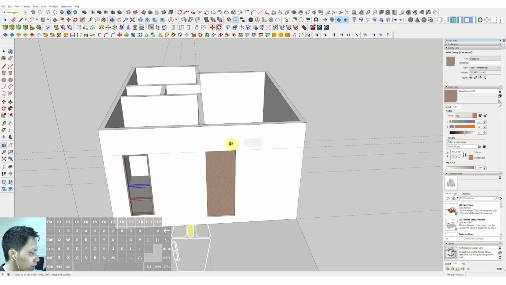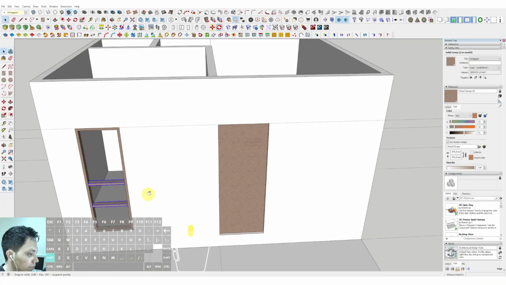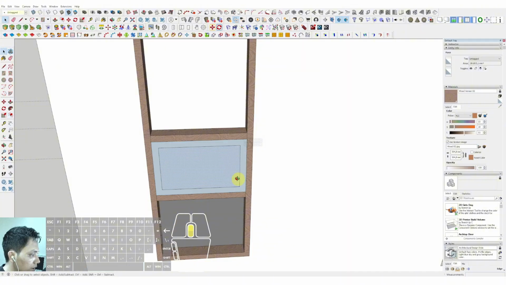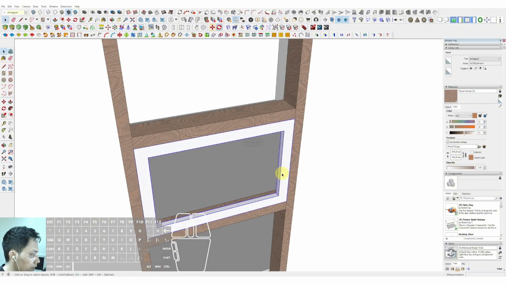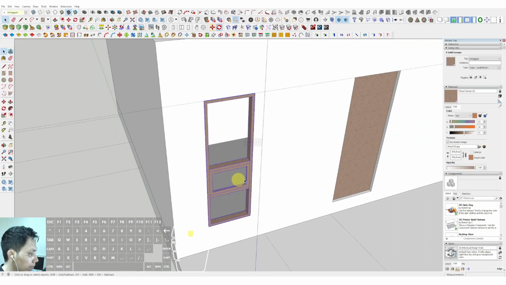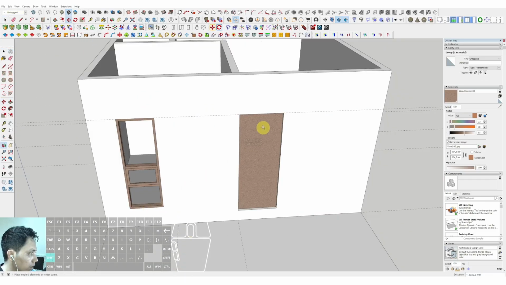Okay, just like this, and I give the window leaf in here. Okay, and just make group. Then we can select, move, type control,